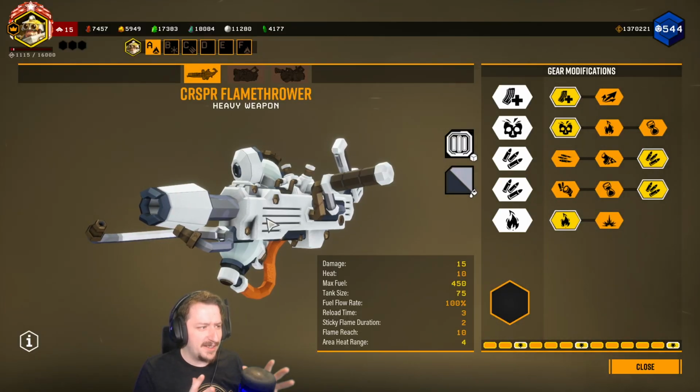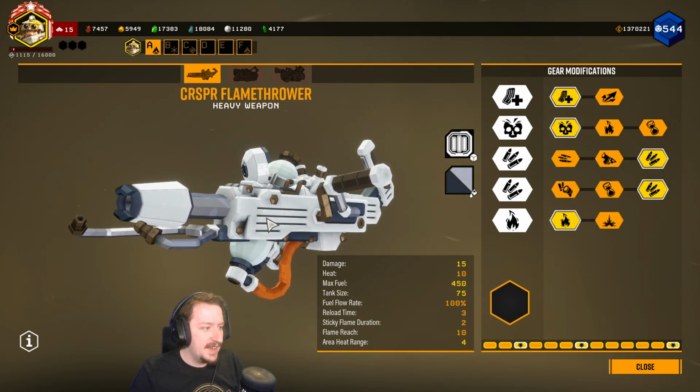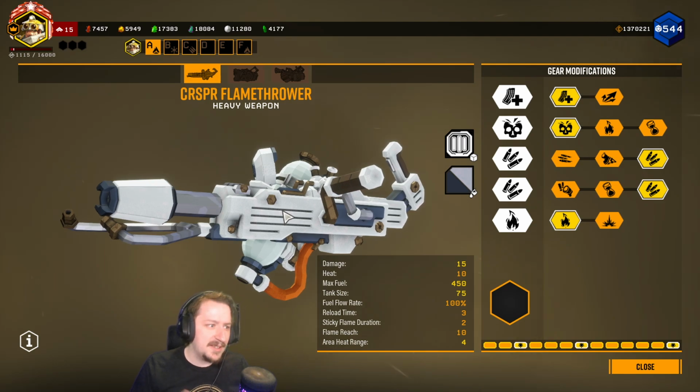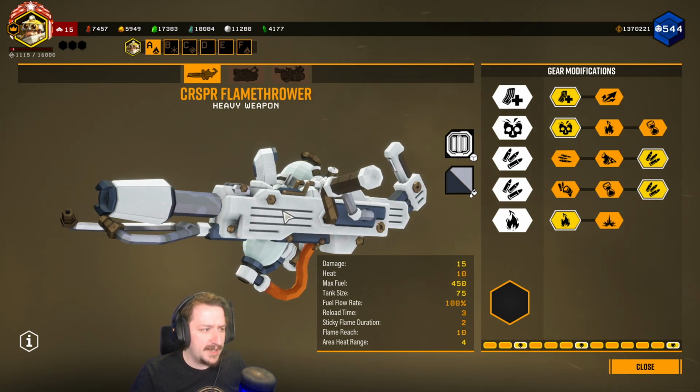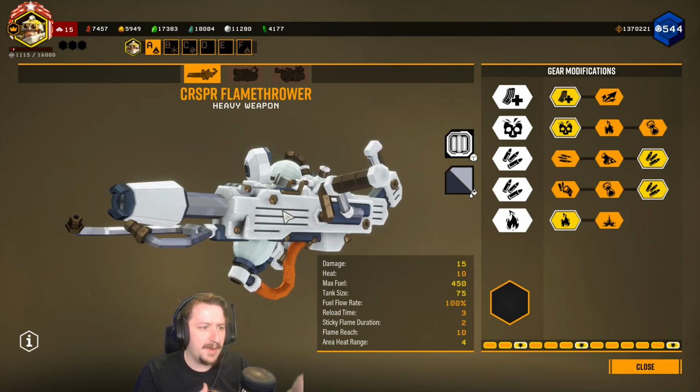Today we're going to be doing another back to basics build with our Driller, since we haven't done Driller yet, and we're going to be taking the flamethrower and the Subata. Now I'm going to be going over the build that I use without any sort of overclocks for the flamethrower and for the Subata. I'm going to be taking this on a Haz 5 mission, and we're going to see